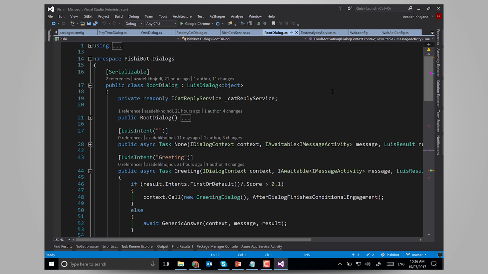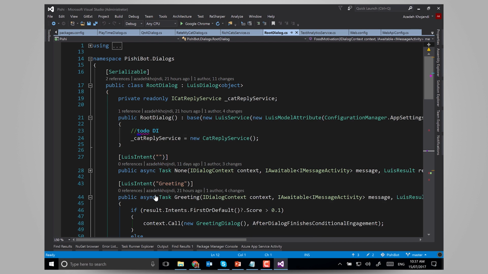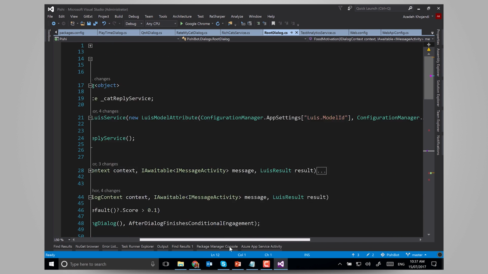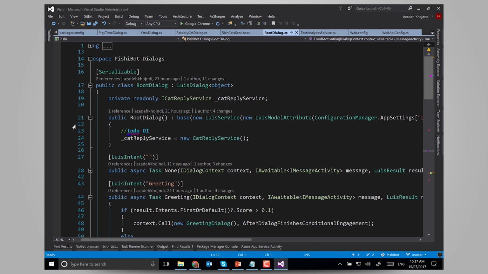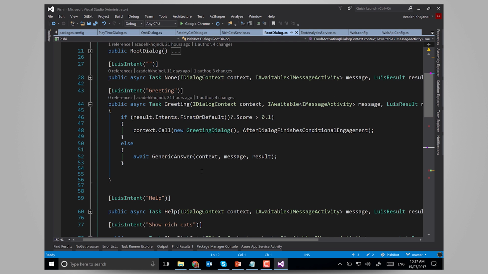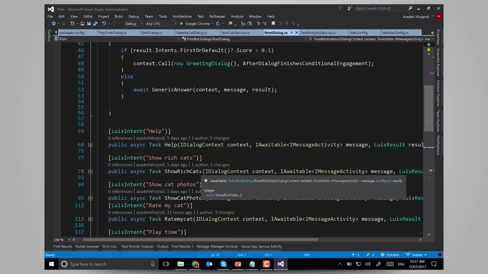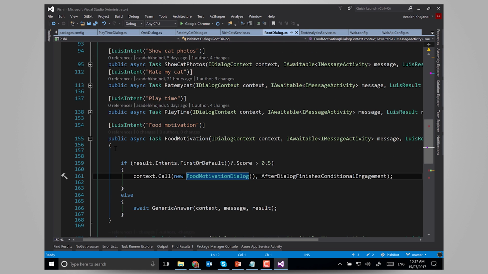All I need to do is, when I define my dialog, inherit it from LuisDialog, and provide my model ID and my subscription key. And that's it. Then all I need to do is define the task that needs to be run if LUIS finds the intent. For example, if the intent is food motivation, the dialog runs food motivation.